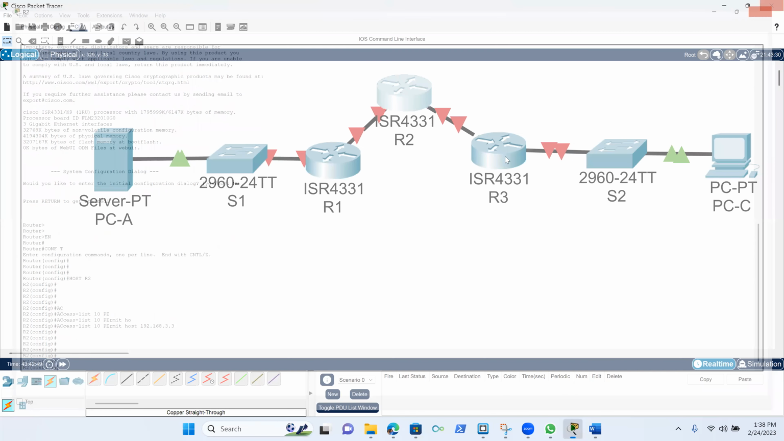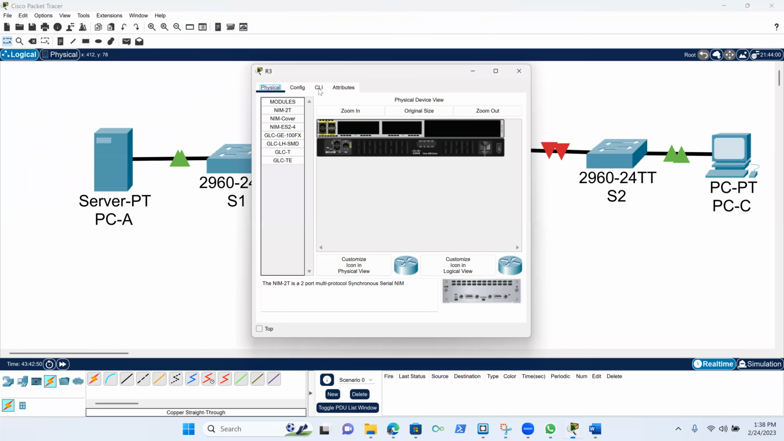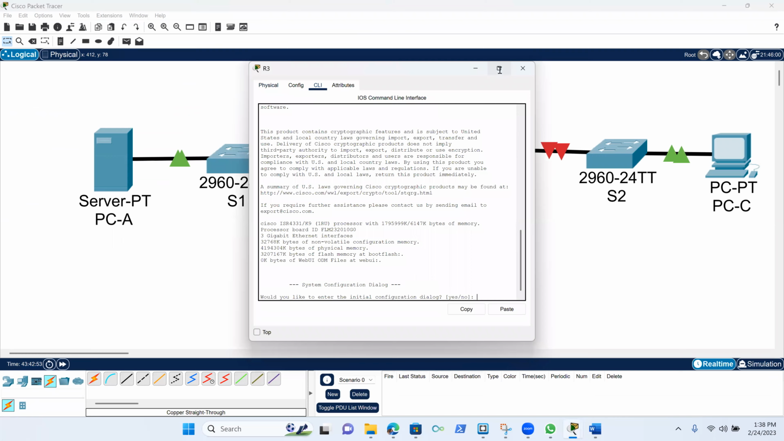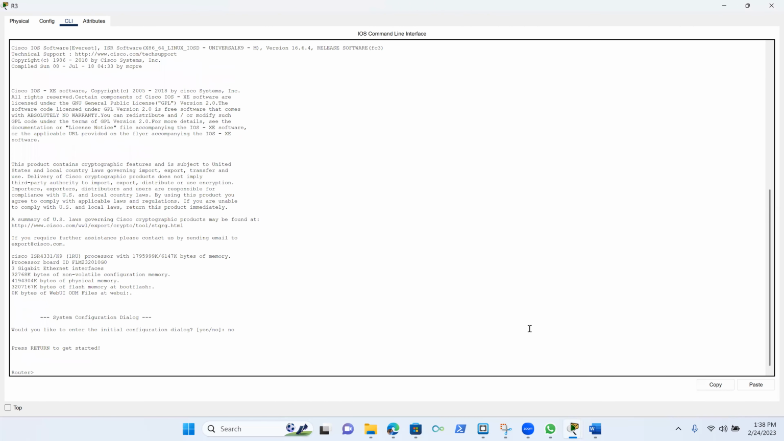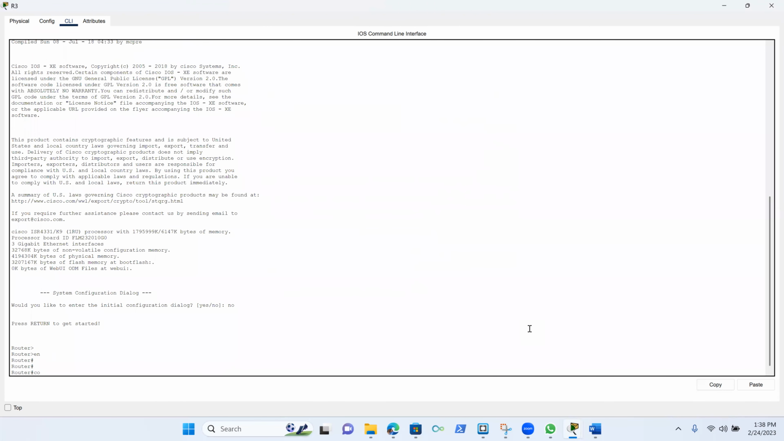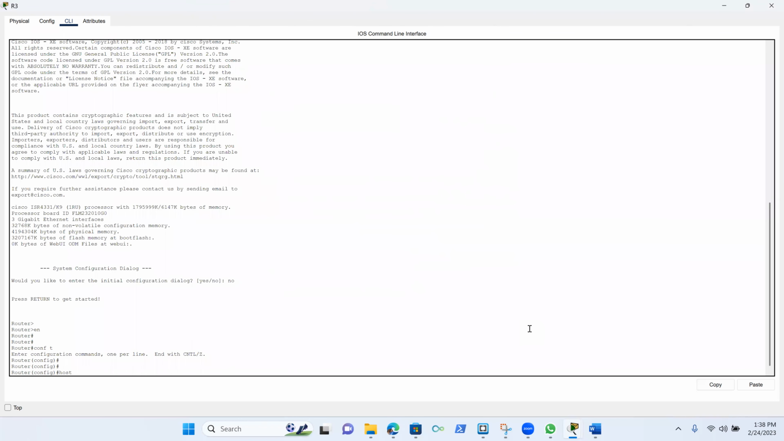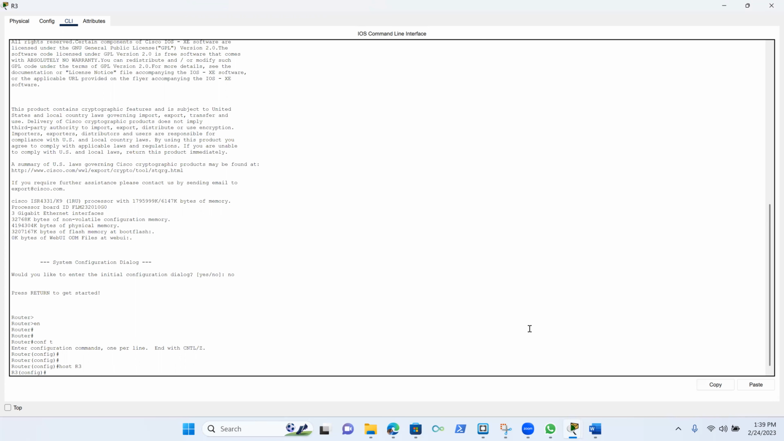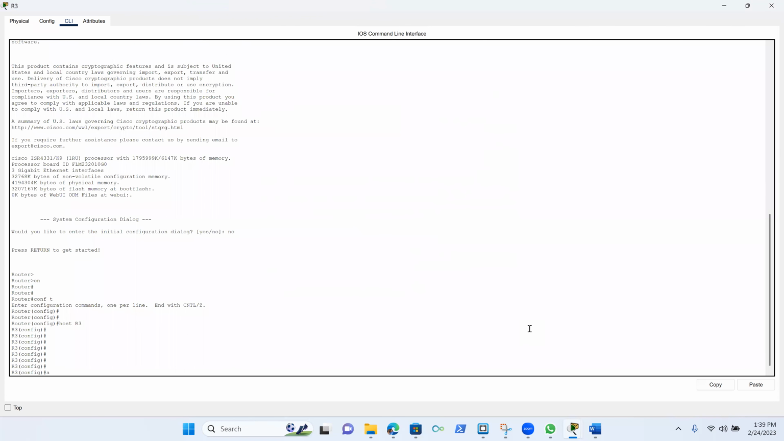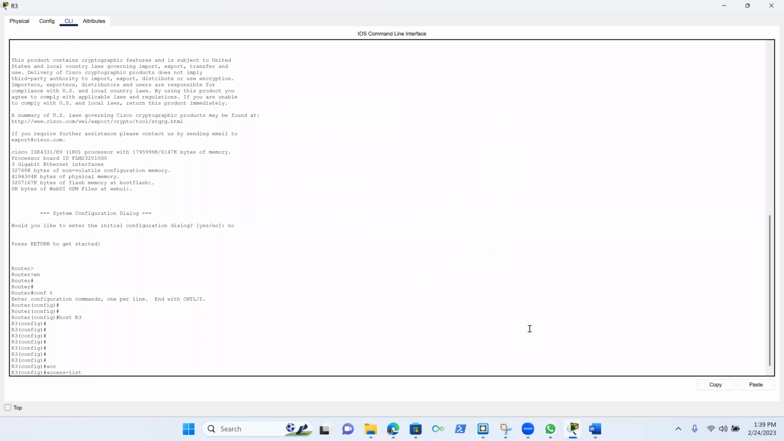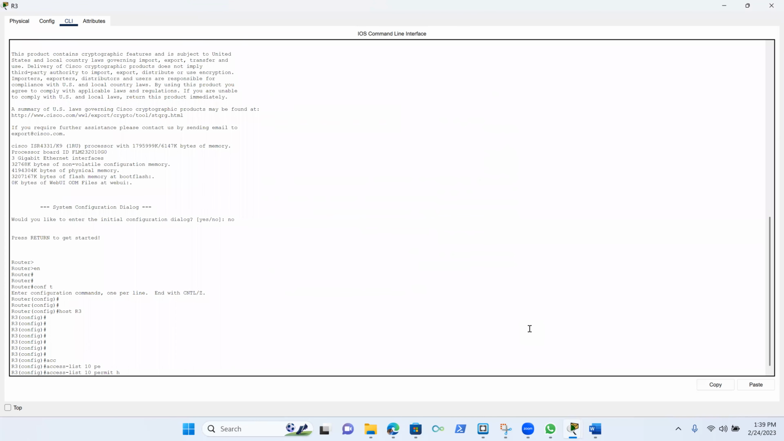Let's go ahead and do the same for router 3. Open the CLI, make it bigger. No. Enable mode, configuration mode, host, change the name of the router, which is router 3. And then what we do is access list 10 permit host